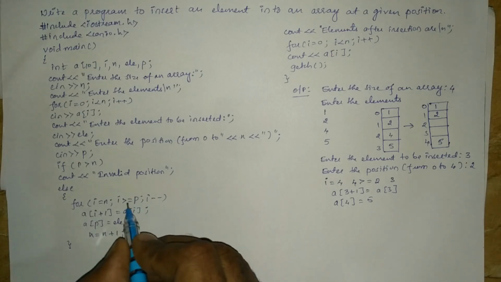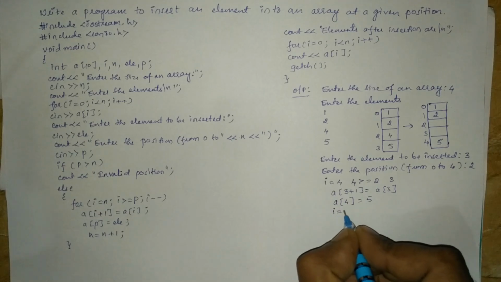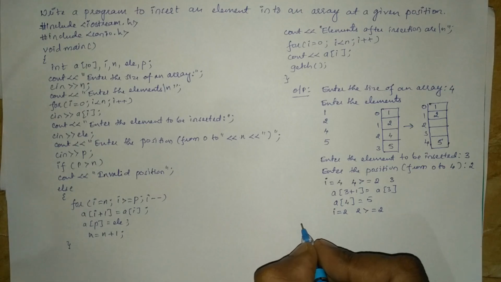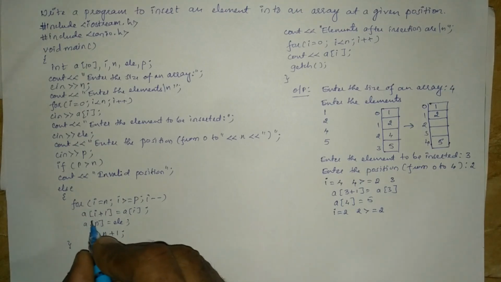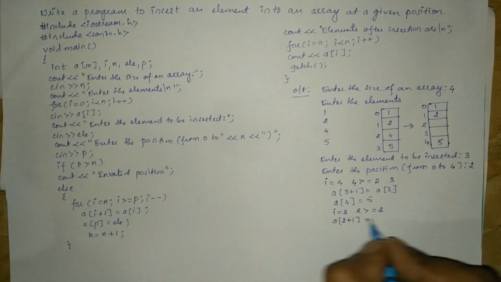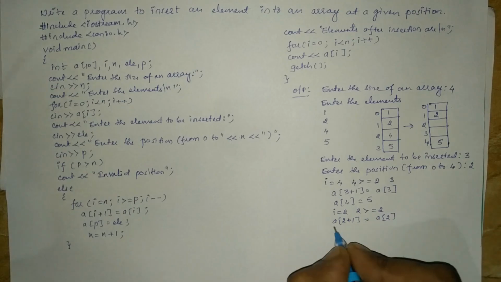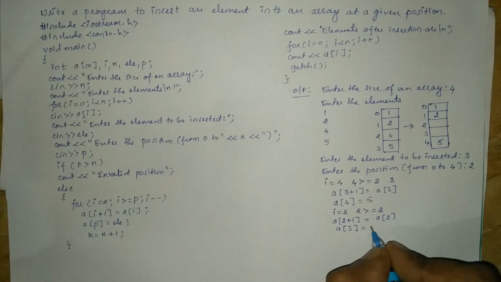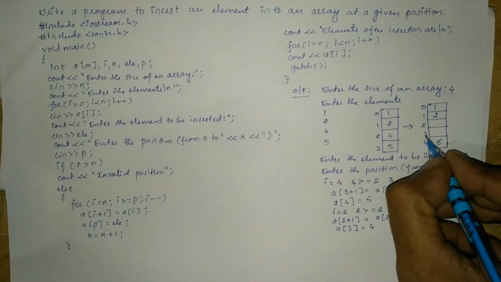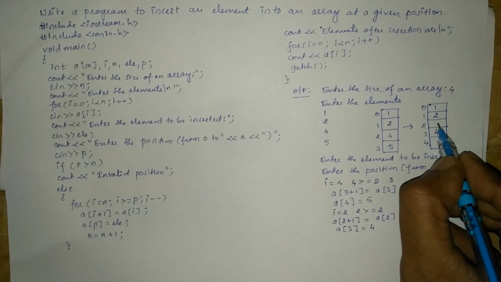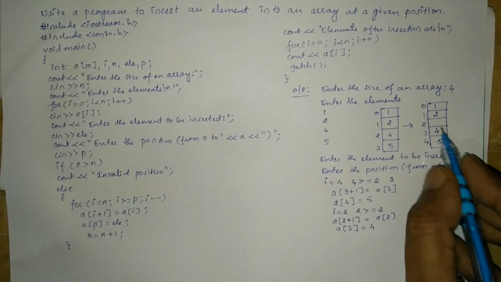Now I value is 2, so here I'm going to write I is equal to 2. 2 is greater than or equal to 2. Yes, the condition is true. So once the condition is true, a of 2 plus 1, which is 3, is equal to a of 2, which consists of 4. So 4 is equated to a of 3. Here a of 3 is holding value 4. Now you can see that we have got one space for the element 3 to be inserted